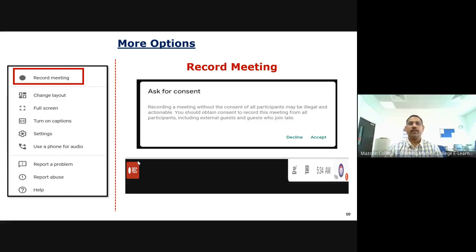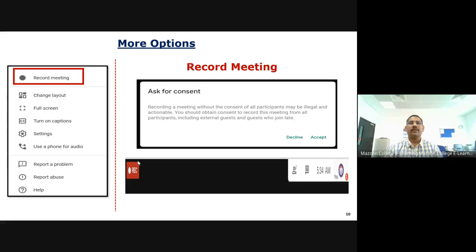That's very, very important. If you use third-party software, for example, many tools are available to record video, but they produce larger files: 1 GB, 1.5 GB, 3 GB.